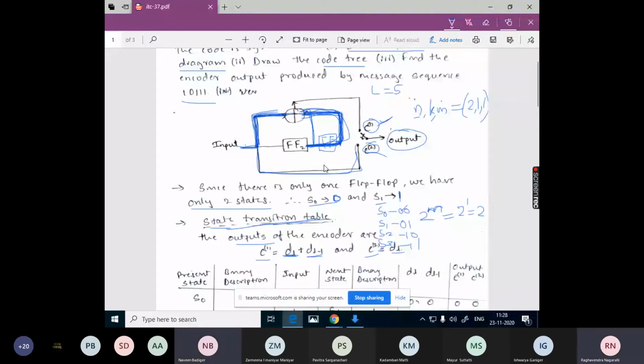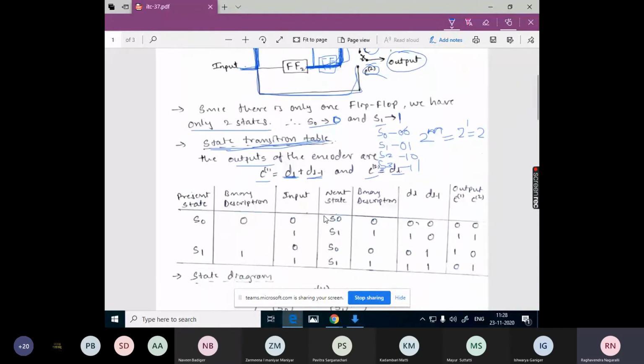So let's write the transition table here. First we need to understand what all the things we need to write. We need to write the present state and its binary description, the present input, and because of this input, what will be the new state and its binary description.